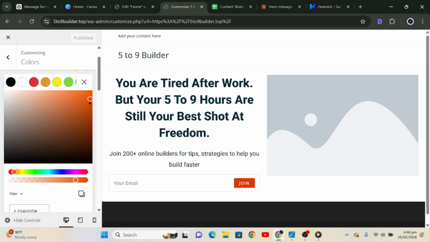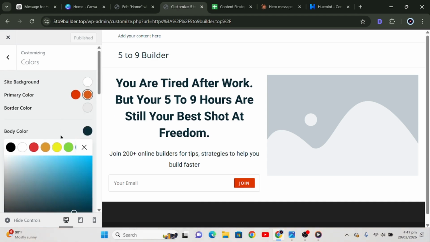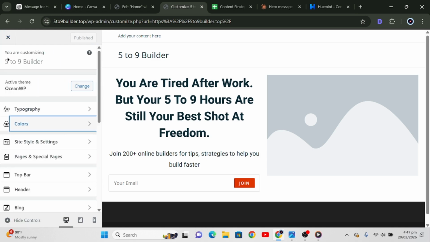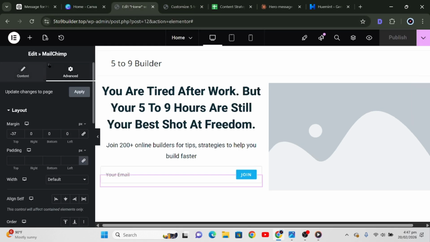Okay, so now I think we are okay with the colors. As you can see, the color has changed to our accent color. All right. Okay, I think this color we have to make a bit more deeper. So let's choose this color and make it deeper, so that when the mouse goes over it, it will change the color. Okay, let's do it this way. All right, so that's it. Okay, well, we'll come back again when we need it. So that's it. Now let's go back to